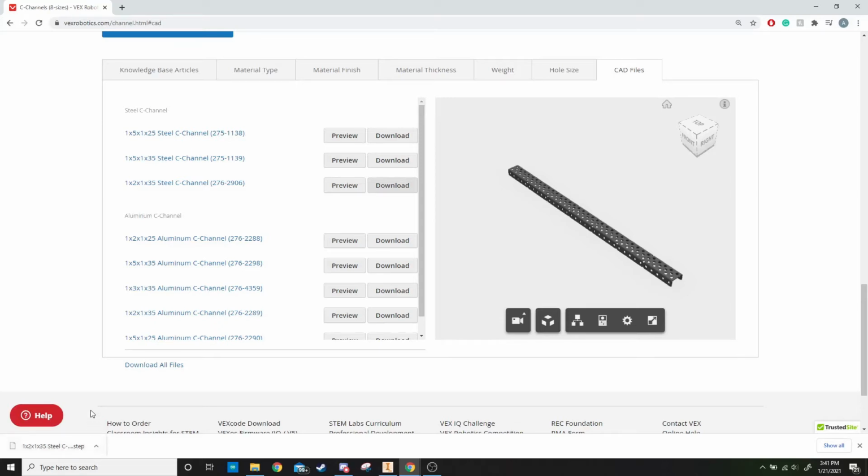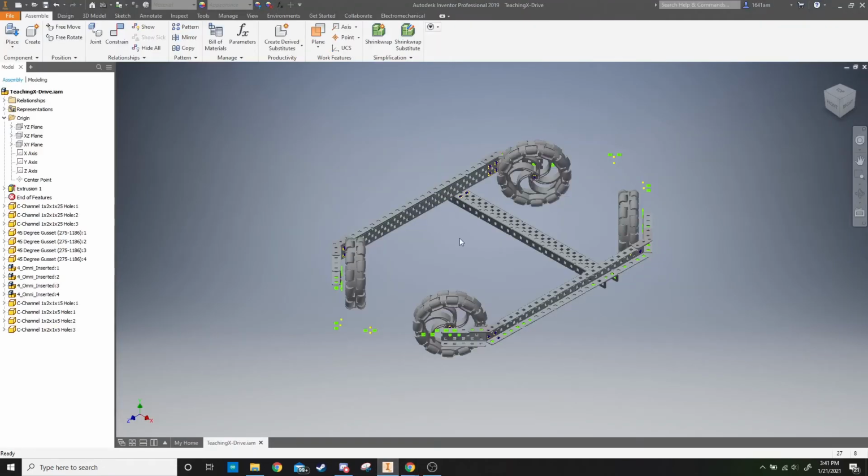The thing about Fusion 360 and Inventor, though, is they're both Autodesk programs, so they use the same file type. You can open the same file on either program, and it just takes a couple seconds to load and update it to the right software, whether it's using Fusion 360 or Inventor, but those are interchangeable because it's the same company. So we download a part, go back to your software, go to place,